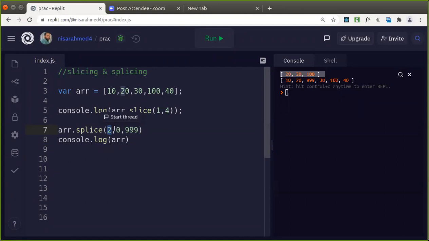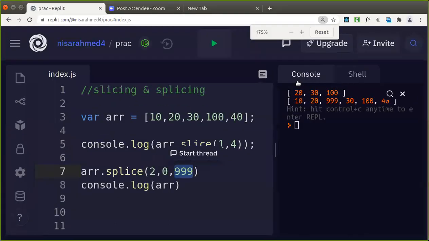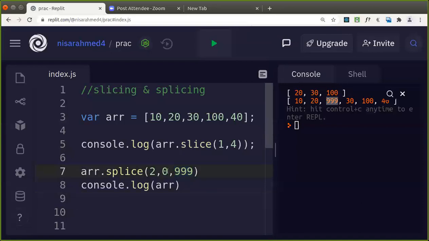The 0 indicates do not modify any values from that place. And at that place, we want to insert 999. So we got the output here, isn't it? At the index of 2, we got the output as 999. Good. Suppose instead of 0, I give 1, what would happen? At the index of 2, one value would be modified and it will be replaced with what?